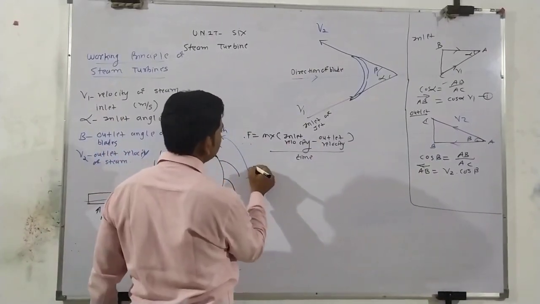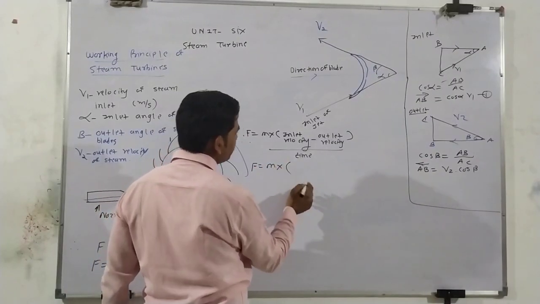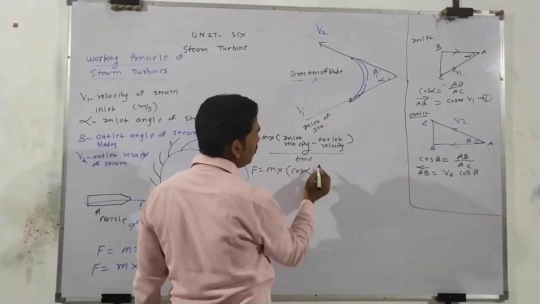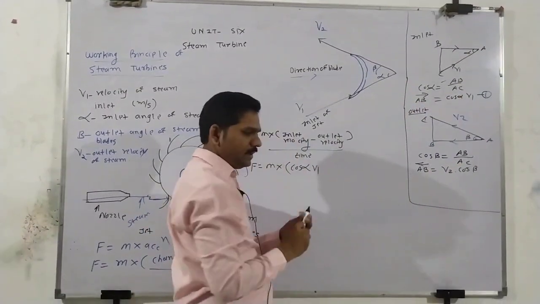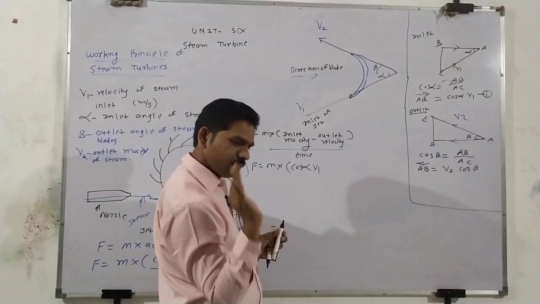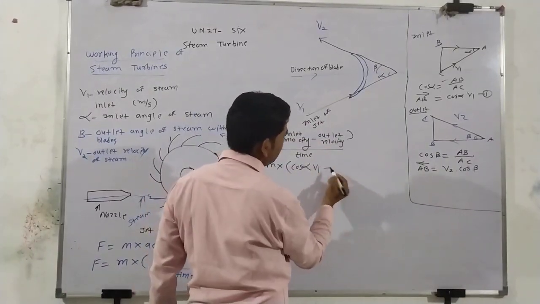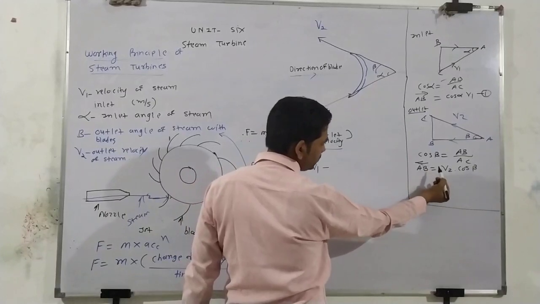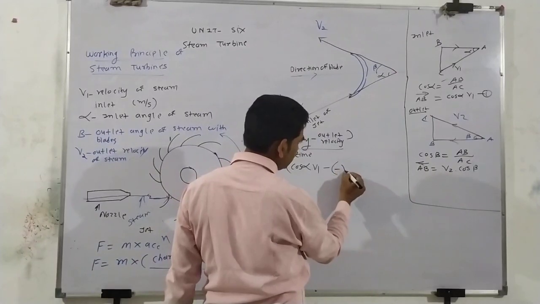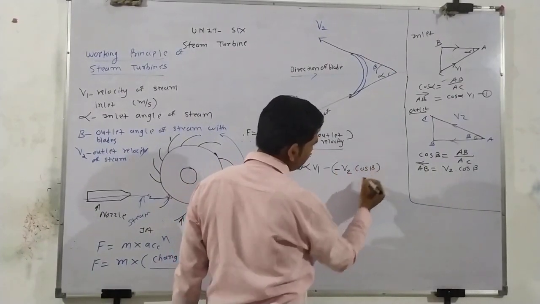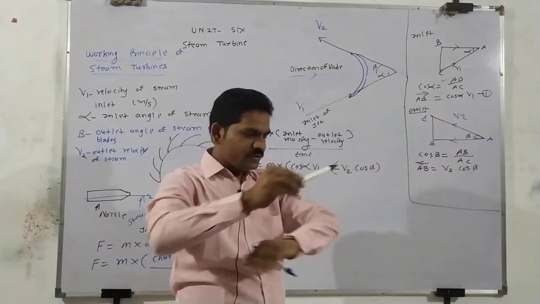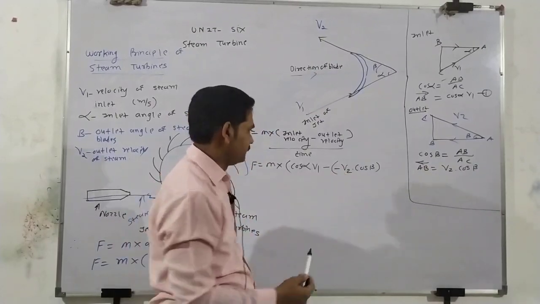So let's see here, F is equal to M into inlet condition. So I will write down cos alpha V1 for this inlet of the blades. The blade is rotated like that, with whirling velocity like that. So this is for inlet, cos alpha, minus outlet. The outlet vector is in this direction, so it is minus V2 cos beta. It is the opposite direction of the steam inlet, and this is this direction. That's why, because of the opposite direction, we use the minus sign.